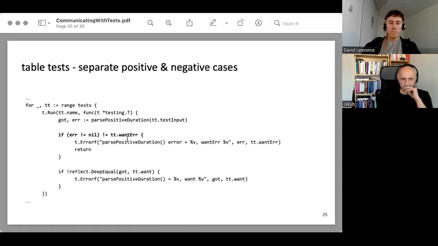Now, having these different scenarios, positive and negative, in one table test can be seen by experienced developers, who are accustomed to adding certain data and seeing the test pass, as a way to go. The problem is when we come back to this code base after months or years, or we have new team members like Mick, and people start to read this in order to learn about the behavior of the